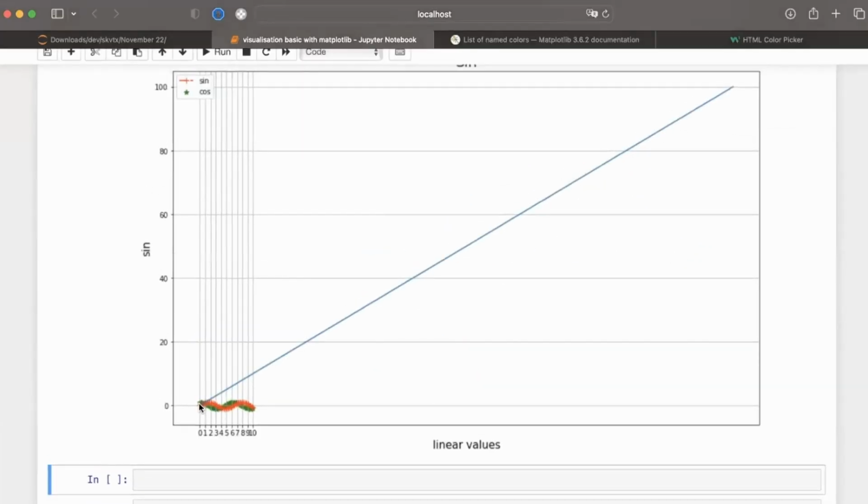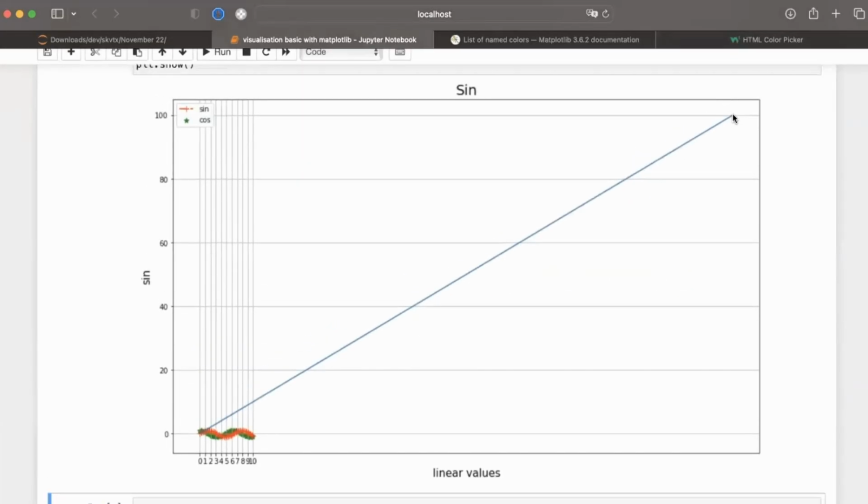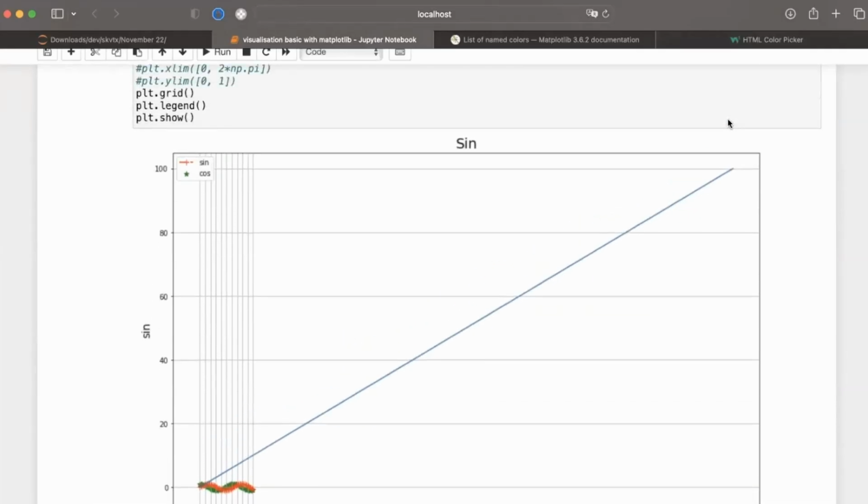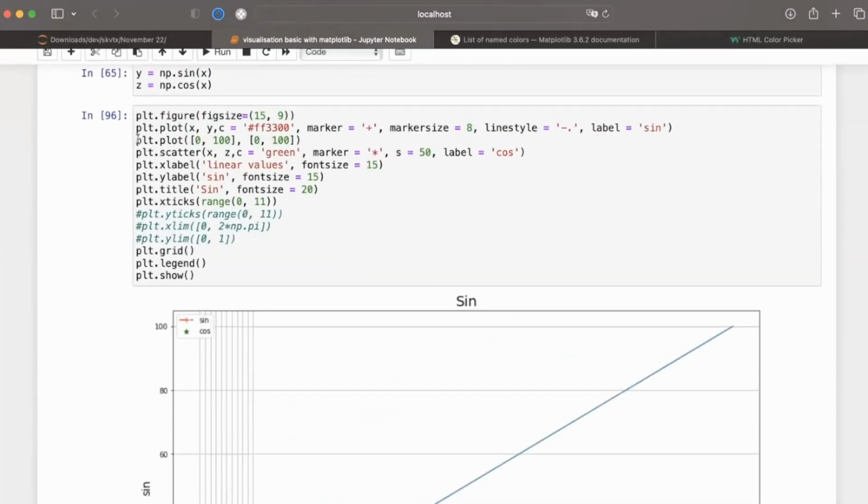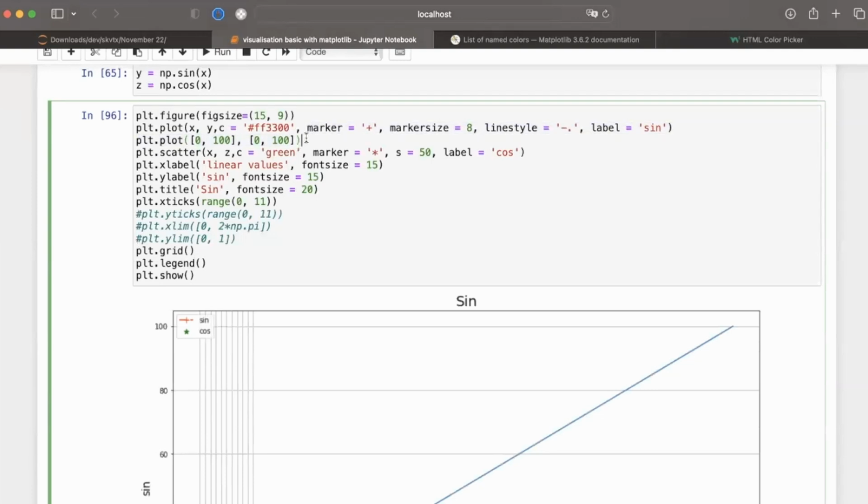This is 0 comma 0 and this is 100 comma 100, and there is 1 point here, 1 point here. This particular plot is plotting very large values of data, right? And because of that, all the other data points are suppressed, they are compressed, in both axes, x-axis and y-axis. So that is why we are not able to see